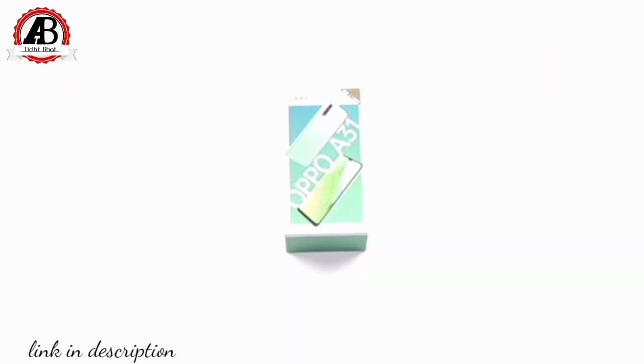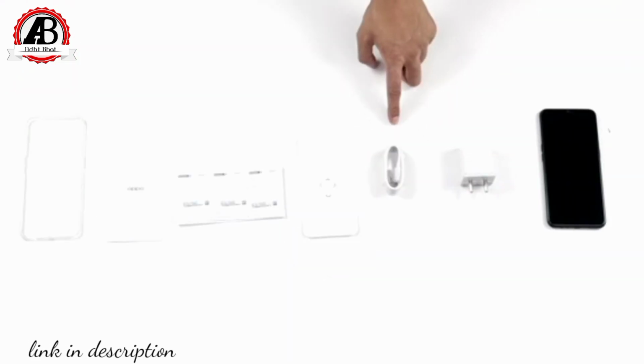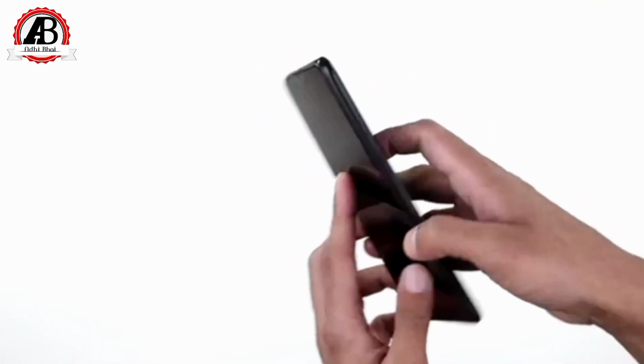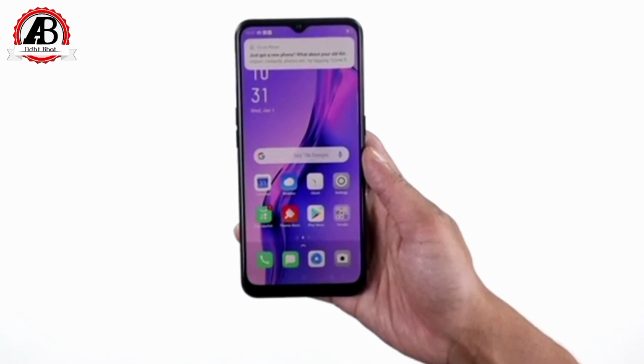In the box, we get the handset, USB cable, SIM tray ejector, pre-applied screen protector, a protective case, booklet with a warranty card and a quick guide. This sleek phone has a lovely color called mystery black and is ergonomically designed to look aesthetic and fit comfortably